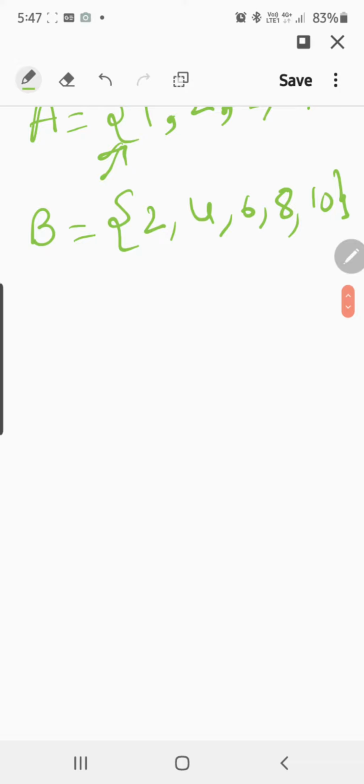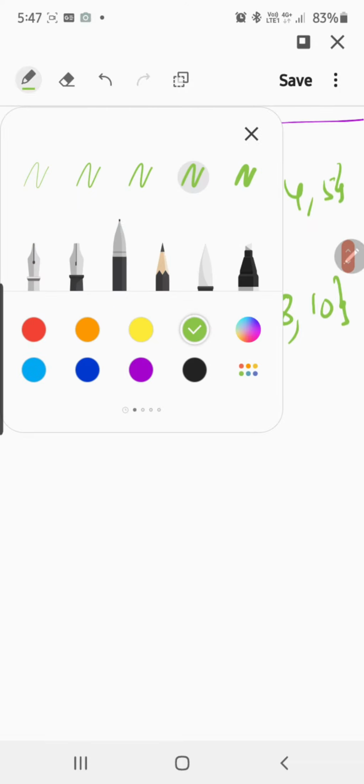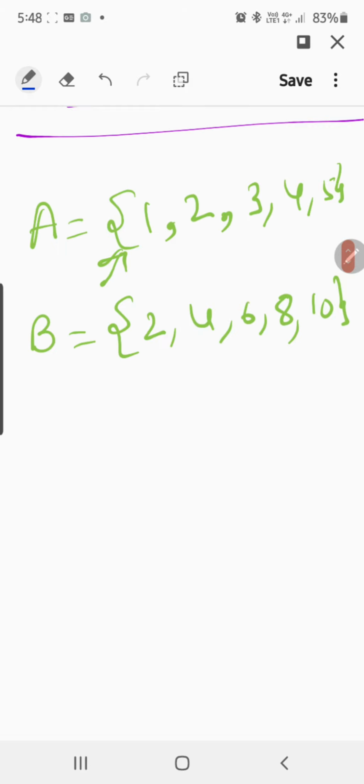Now I will do Boolean operations here. It is very easy and convenient, a very clear concept. You can easily understand it just by looking at it once. Try to concentrate and focus here. Let us start. For example, I am writing A union B. In A union B, you have to write all the elements of both A as well as B.